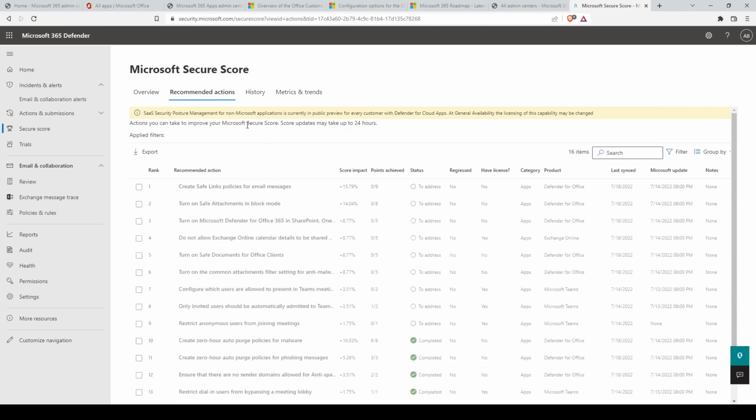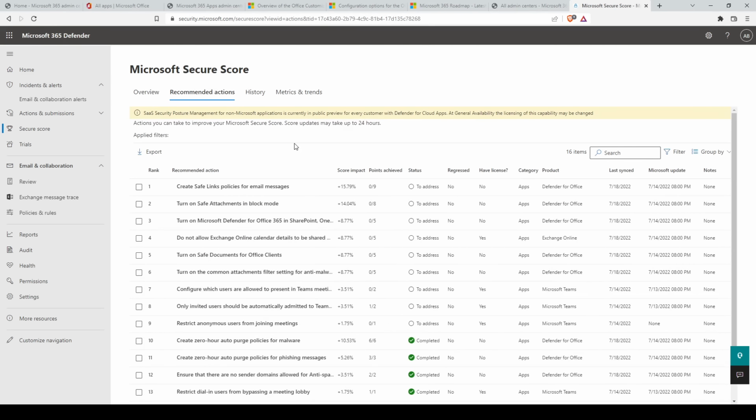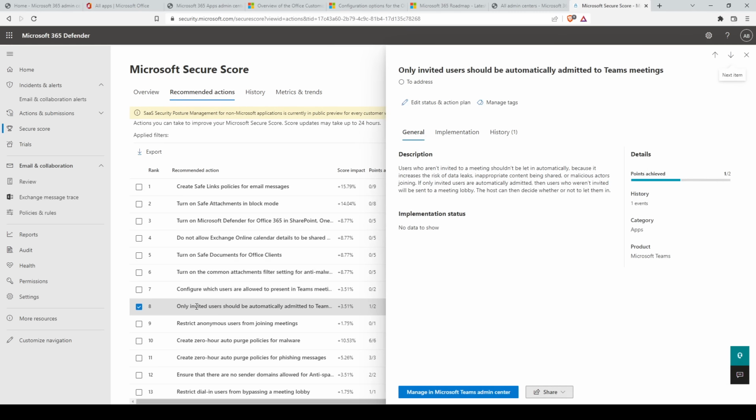The next thing we want to do is to click on Recommended Actions. This will populate the list of actions to review. On the list of actions to review, we can sort them however we want, such as according to their rank, score impact, points achieved, status, and so on. And once you complete the recommended action, it will increase your security score based on the score impact of the action. As an example, we'll select a simple one such as